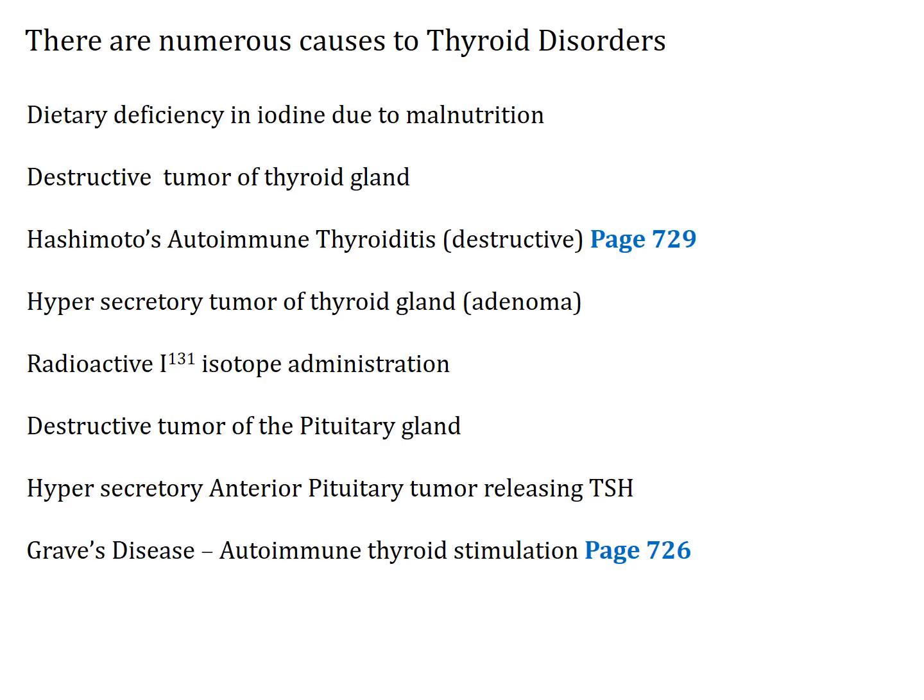Hypo, right? And would you agree with me that a destructive tumor of the pituitary gland would also make the TSH levels low as well, right? Because that tumor is destroying the pituitary gland, therefore if it's destroying the gland, it can't make the TSH. So try those out. There's 3 of them. See if you can deal with the other ones.